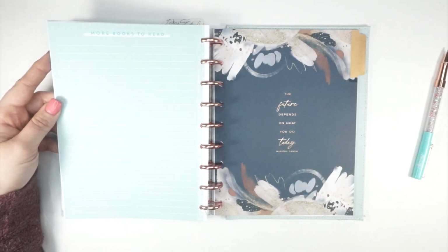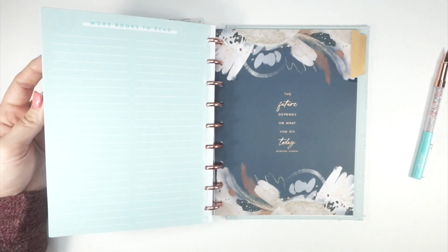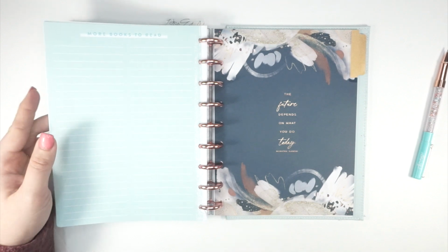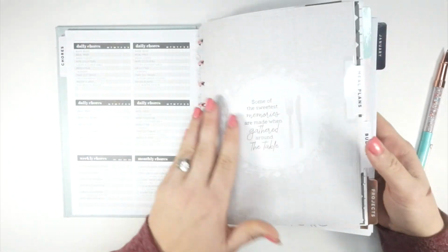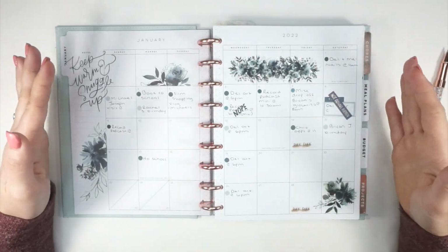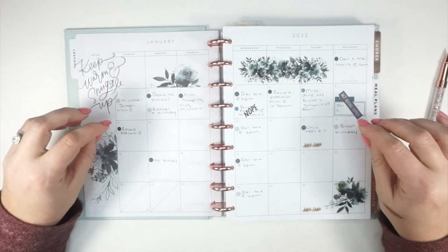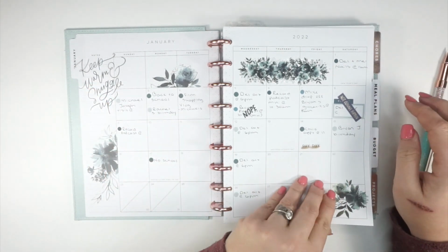So nighttime after my kids go to bed is either an at-home date night with my husband, or I am doing my journaling, but I definitely try to get this in every night as part of my planner routine. And then one more time before I close my planner for the night, I pop back into my monthly spread and I take a look at big events. If anything else has popped up during the day, I make sure to add that. If anything got canceled or moved around, I make sure to update that here. And then if it is in the same week that I'm already planning, I will also try to update that